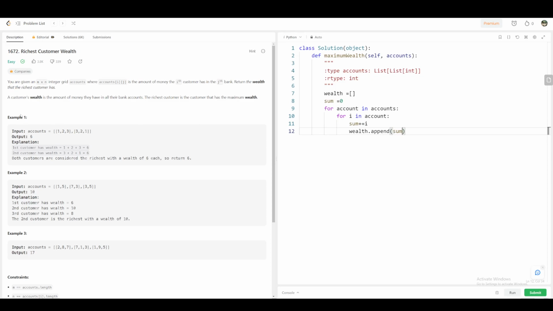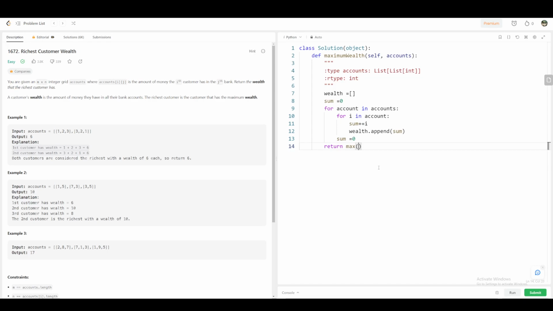So like we get 1, we add 1 to sum, we add 2, we add 2 to sum, we add 3, we add 3 to sum, and then after our appending, we are going to nullify our sum variable, because we don't need our wealth to be stacked from one user to another one. We will definitely get the sum of money of all users, but we need it one by one, so I nullify the sum variable,